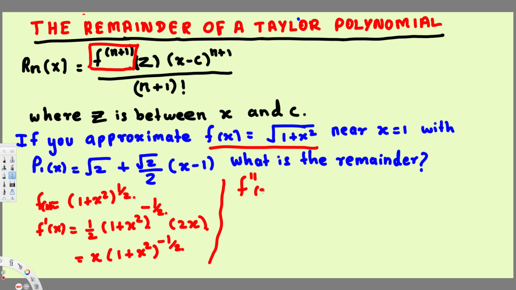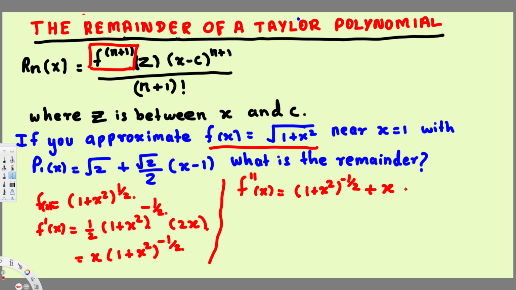The second derivative for this one is going to be, so when we take the product rule, first of all we are going to find the derivative of this one and keep this one as it is, and then we find the derivative of the other one and keep this one as it is. So here if we take the derivative of x, that's going to be just 1, and this is going to be remaining the same. So this is going to be (1 plus x squared) to the power negative half, and then we are going to have this one remaining as it is, just x, and if we take the derivative for the other one,